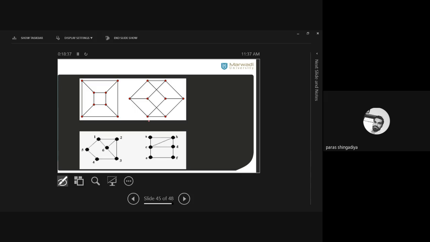So here these 2 graphs are given. Let's mention the notation: A, B, C, D, E, F, G and H. Okay? Both have the same vertices. दोनों में कितने vertex है? There are 8 vertices and how many edges? 12 edges. Okay? दोनों में 12 edges है. Both have the same number of vertices. And now create the image of each vertex. ठीक है?